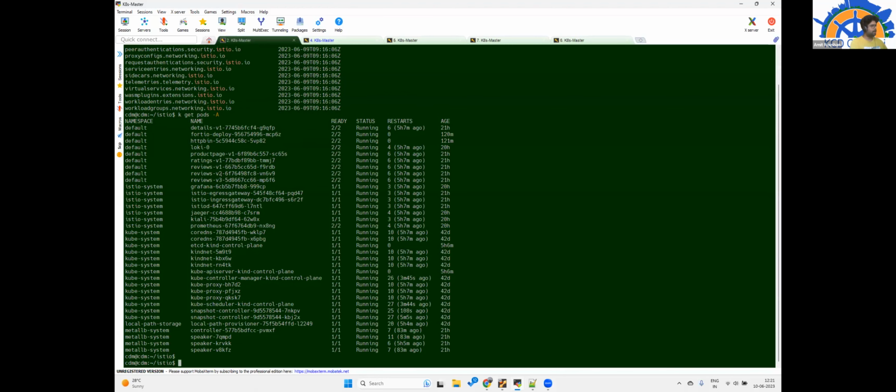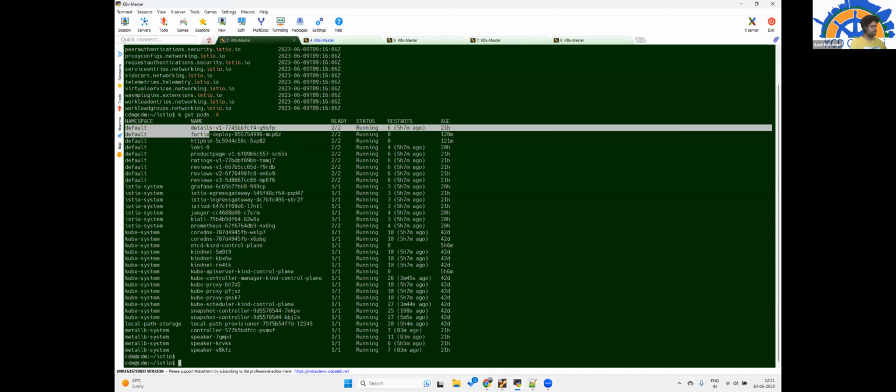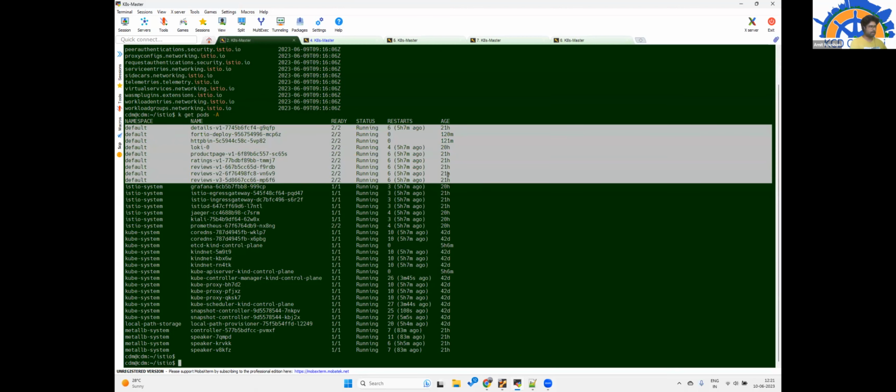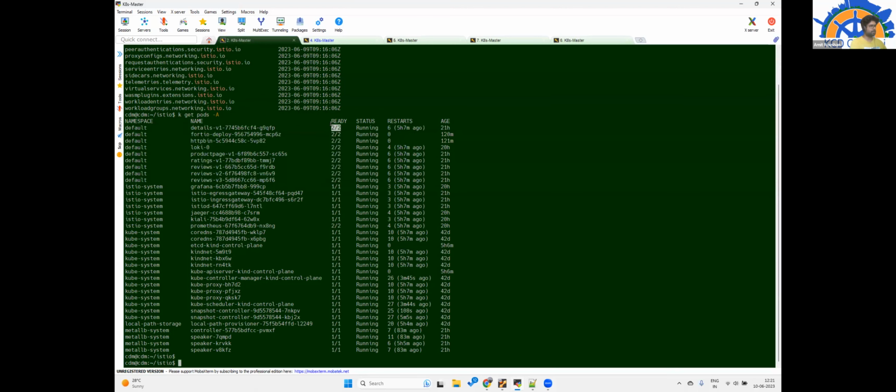For an example, I told you each and every application inside is part of the service mesh, so there is a service proxy running in each and every pod. But again, there is a separate pod which handles the ingress and egress of your traffic, which is the traffic coming from outside or the traffic going out.